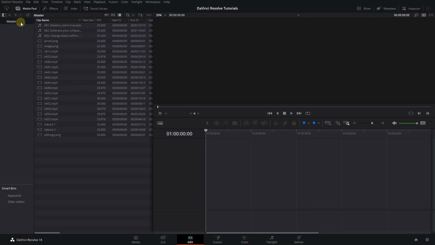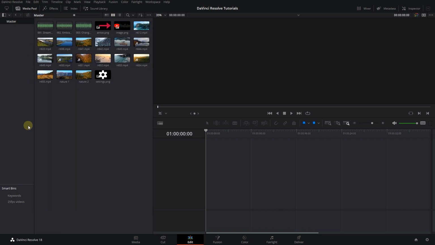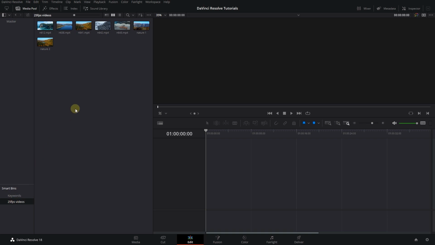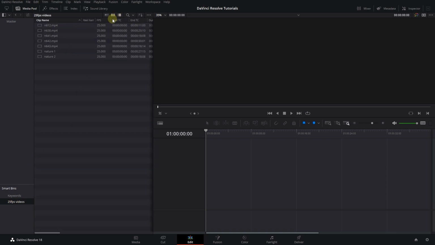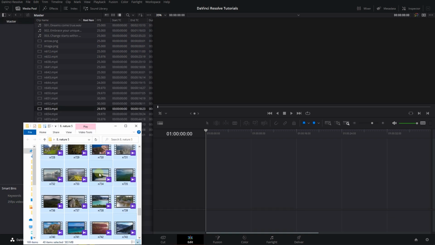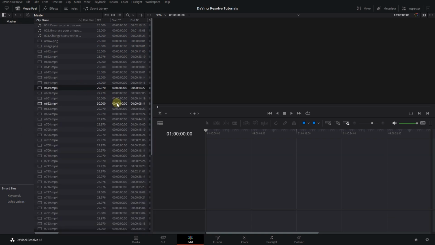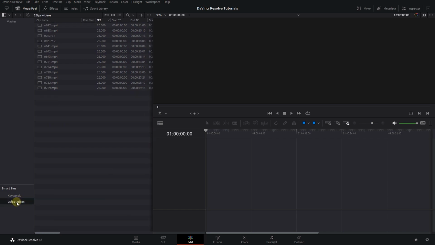And now if I click on Master, I can see all the media in the media pool, and if I click on the 25 FPS videos bin which I just created, I can see only 25 FPS videos. The good thing about smart filters is that if I import more media into the media pool, this smart bin will automatically filter all the